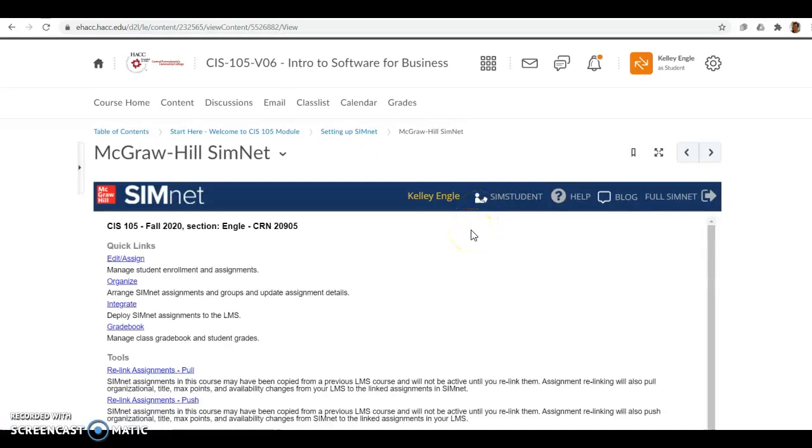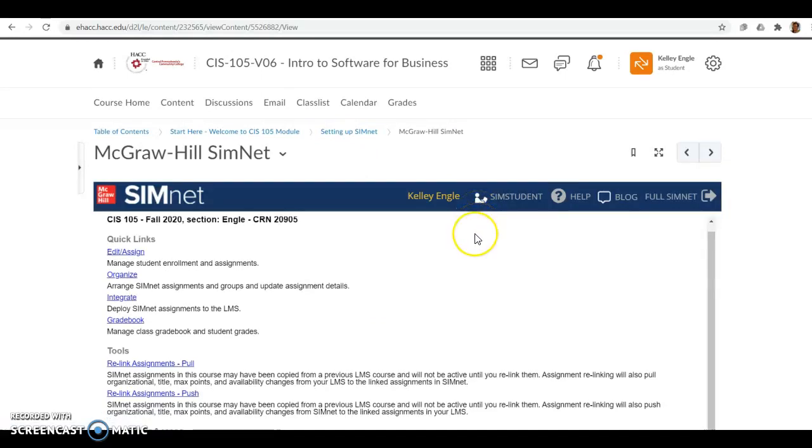And because I'm an instructor, I have an instructor view, but there's going to be a set of instructions here when you click on this that's going to ask you to pair with my course. And you'll only do this one time. And once you've paired, you don't need to go back to this. But it's very important that you do this in the first week to make sure that you're able to connect